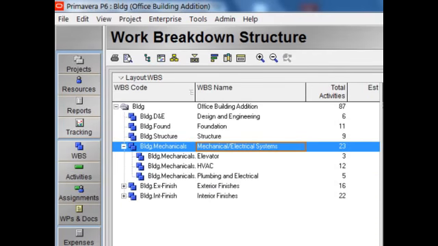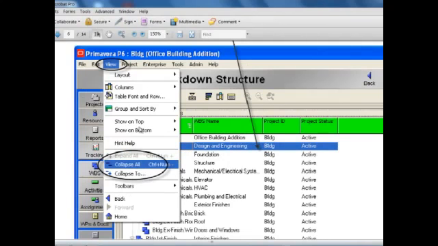Going back to page 6, this one shows you how to collapse. Let me go ahead and zoom